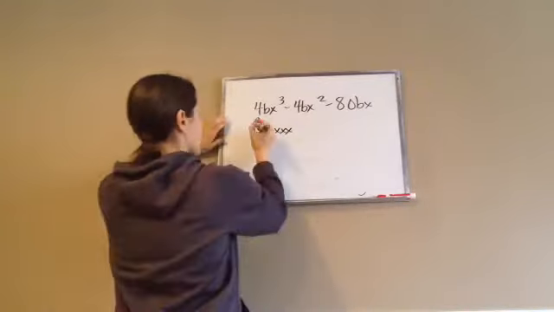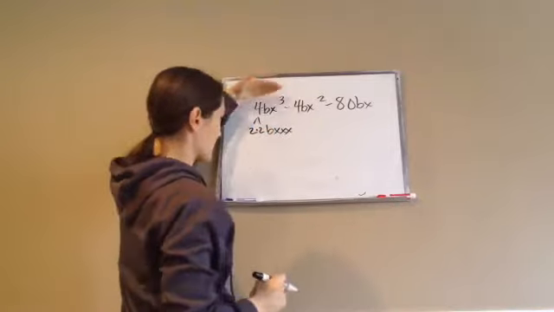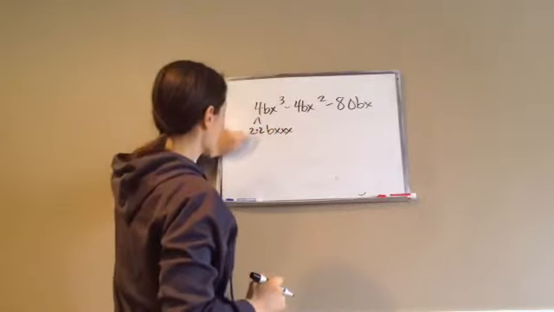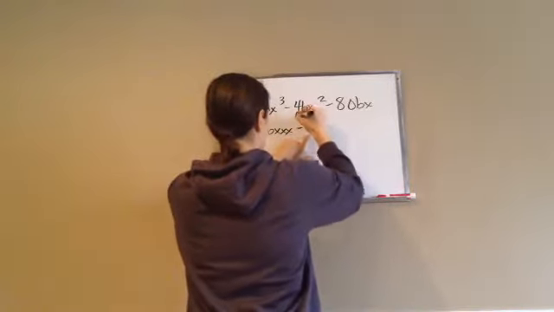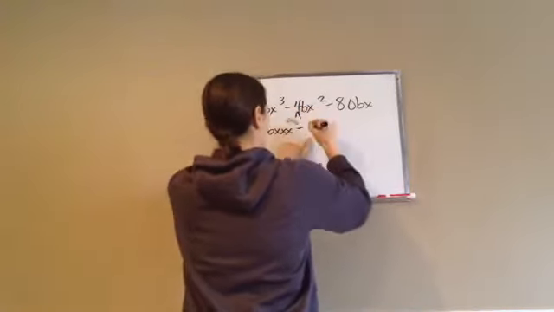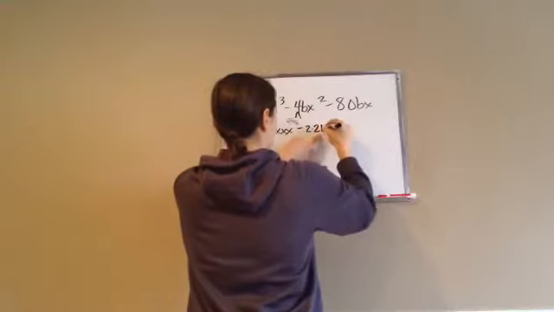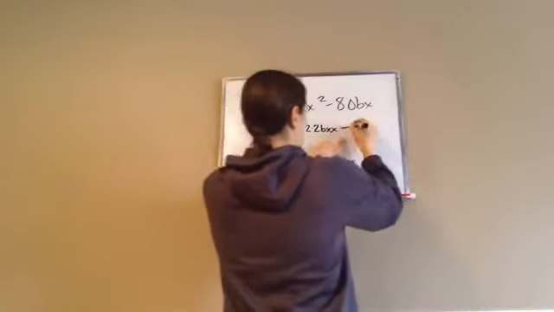I'm just making it as extended as it can go. 2 times 2 times bxxx minus 2 times 2 times bxx minus, and then 80